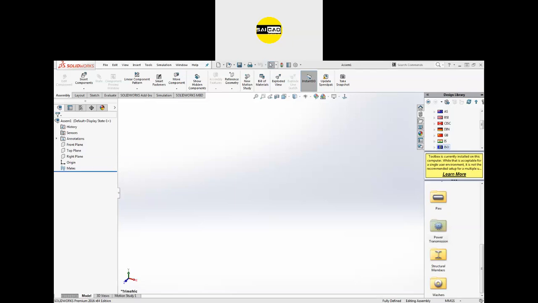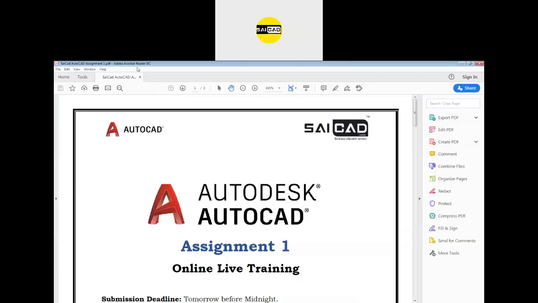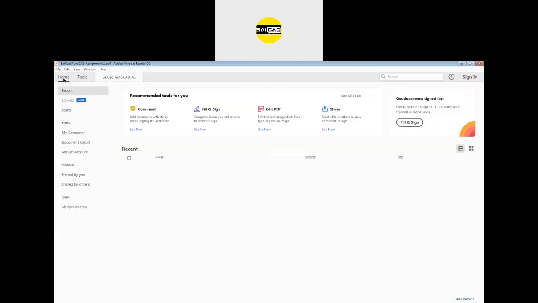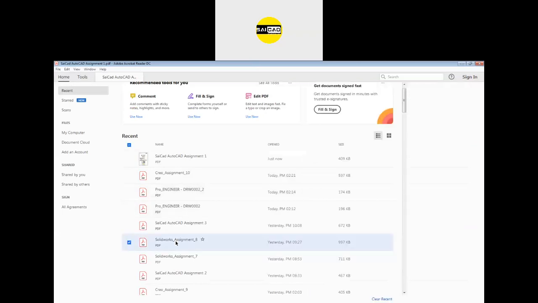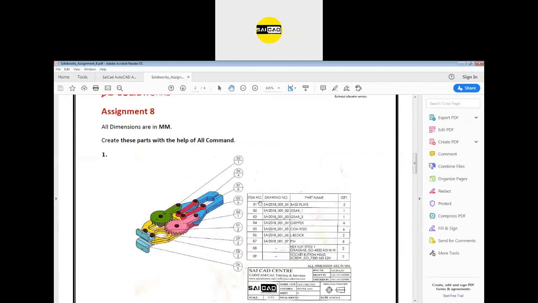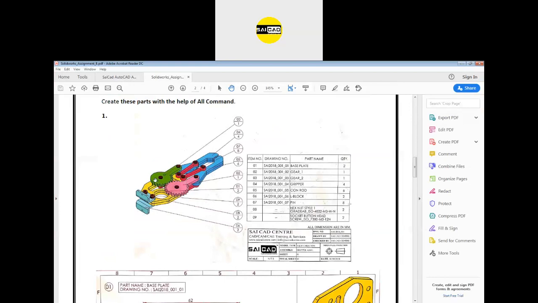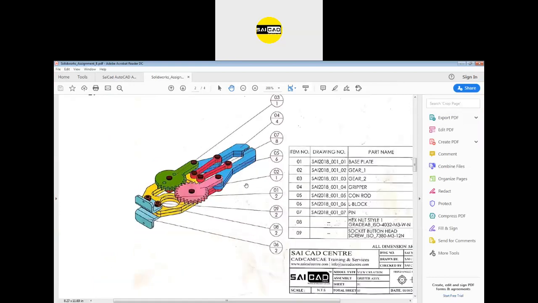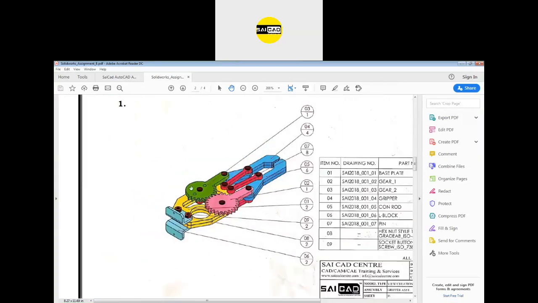Okay. If I show you the assignment, the assignment 8 for SolidWorks. This is assignment one. Wait for a second. I will just open the assignment. Assignment eight. Okay, so this is the assignment. You can see everything is visible. I think there will be no problem. If you face any problem related to the toolbar, I will send the link. Then you can see how to configure. You will get that problem if you have multiple SolidWorks installed in the lab, in your computer, or else there will be no problem. Just open the toolbox in the assembly only.